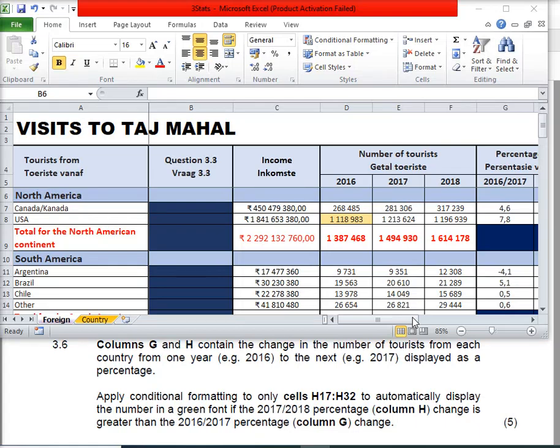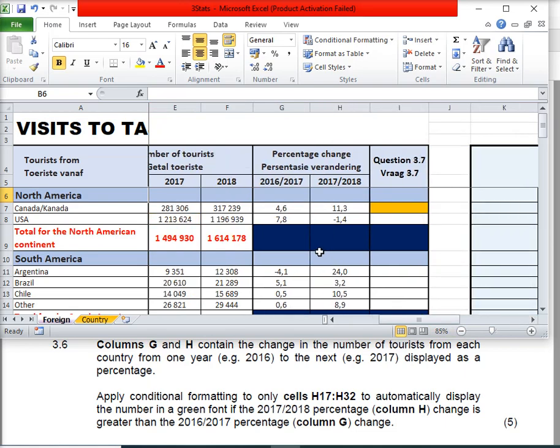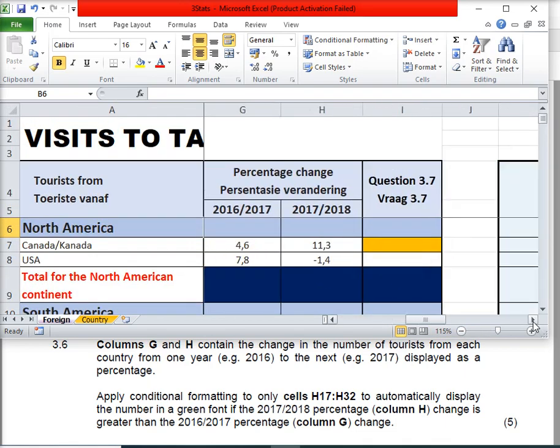Okay, so now we've got a 5-mark question, so we need to be very careful here. Let's have a look. Columns G and H contain the change in the number of tourists from each country from one year, e.g. 2016, to the next, 2017, displayed as a percentage. So let's have a look at column G and H and make sure we can understand that before we start any further. Just zoom in a little bit there. Right, so this 4.6, this means that between 2016 and 2017 the percentage increased by 4.6 in terms of the